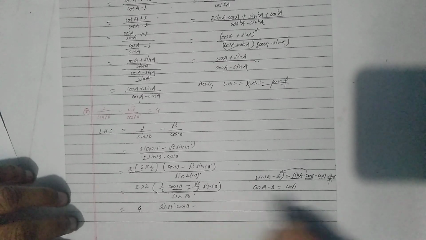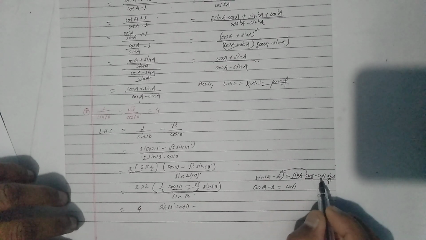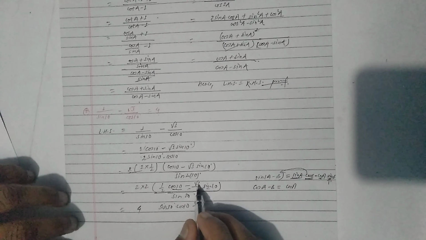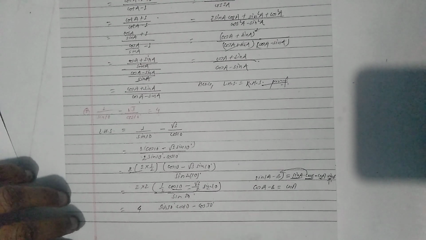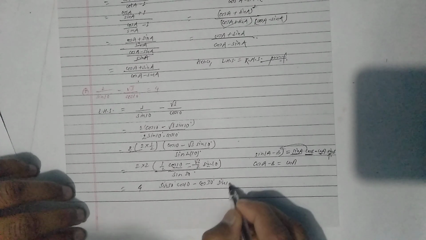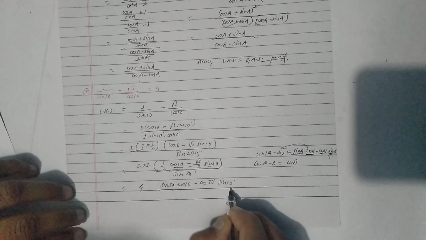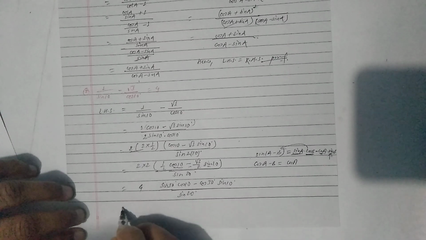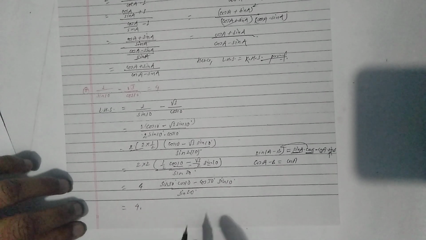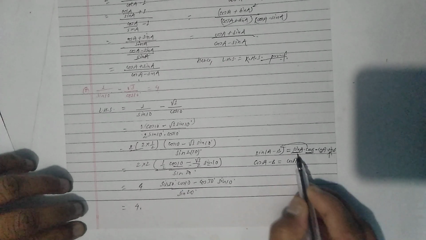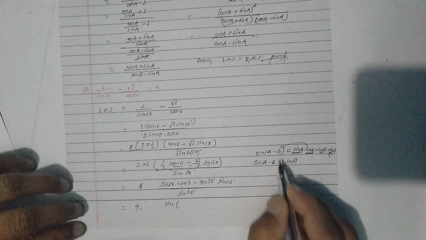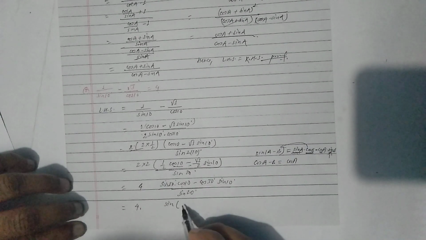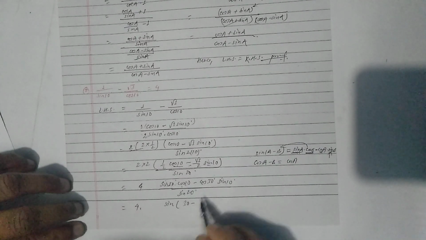Here see here, here is a sin. We have sin, but we need cos for this formula. Okay, so what is the value of root 3 by 2 in terms of cos? So this is the value of cos 30. Now remaining is sin 10. So this is the formula of sin A into cos B minus cos A into sin B. See here, sin A minus B. But in the place of A we have 30 degree, minus in the place of B we have 10 degree